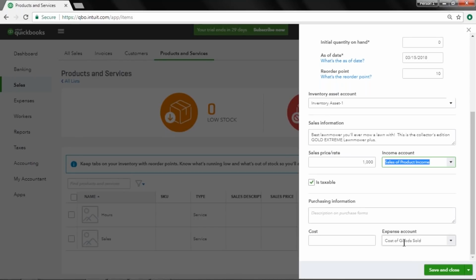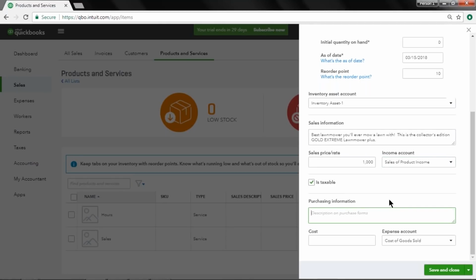But they have a very delicate relationship to one another between the purchases and also the selling of the inventory items. We're going to walk through this step by step so you can see all of the impacts to our financial statements as we both buy the lawnmowers and also sell them. Right here, if you charge sales tax to your customers, be sure to mark this off as being taxable if it is. And then also the purchasing